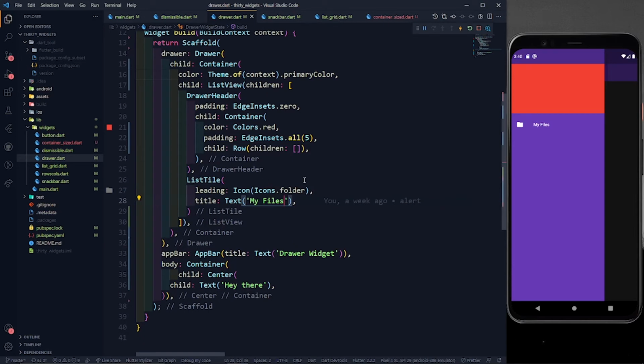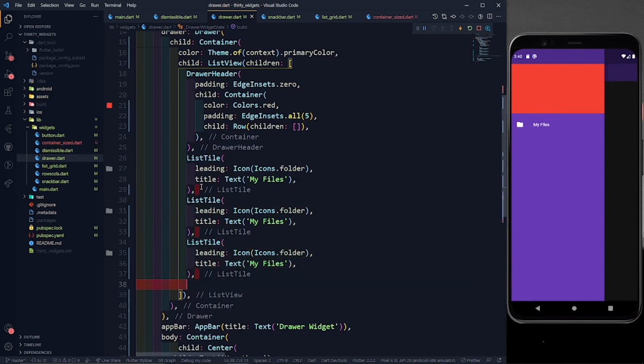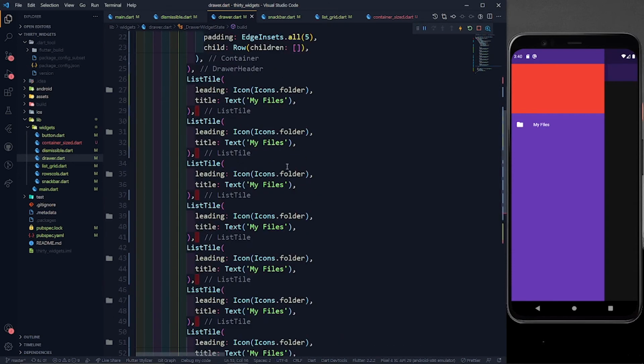If I just save it, you can see a simple list tile is over here. Now I can just copy this list tile and paste it any number of times. I think I have pasted a lot of times. So let's just change their icons and then we can see the final result. Let's make it Shared with me, and let's make the icon group. Then the third tile I want to keep as Starred. I'm just copying the Google Drive thing, and let's make it star.